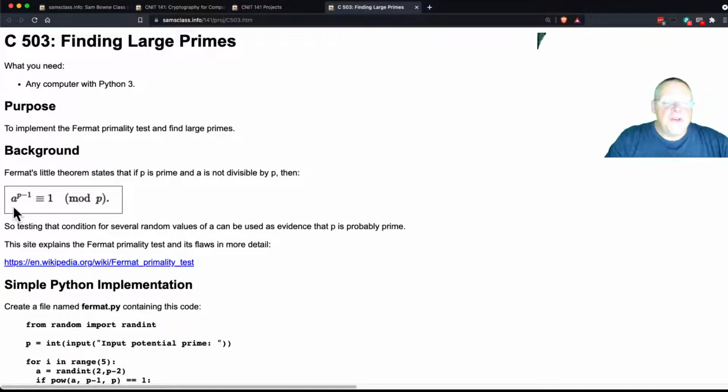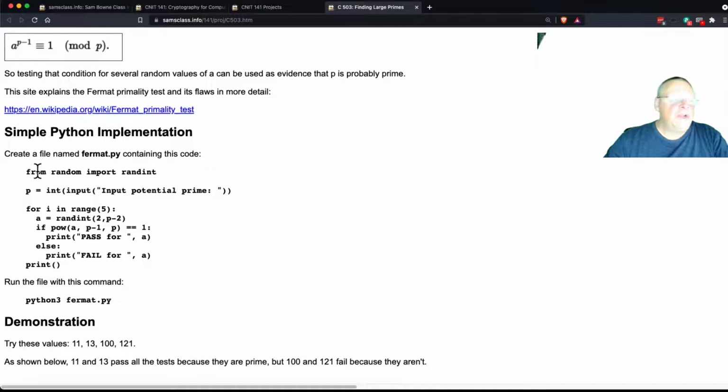So anyway, this is a condition which will tell you if something is not prime. If this is not true, then it's definitely not prime. And therefore, if you try it for several values of a, and it always turns out to be true, then you gain increasing confidence that p is in fact really prime, although you haven't really proven it. It turns out that just trying it 5 times is pretty good. So let's try this. This is a simple